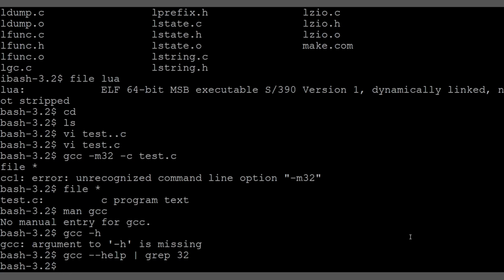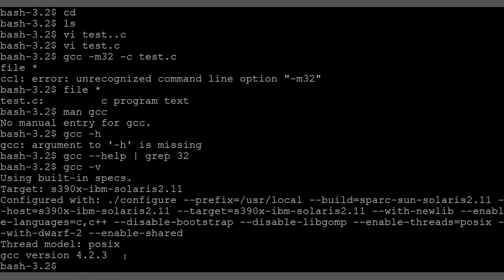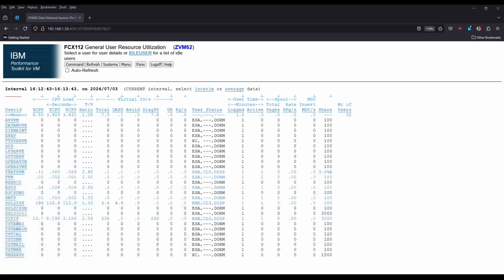So I guess at some point there was some kind of transitionary effort to take it from 32-bit to 64-bit, and during that transitionary effort, the 32-bit compiler functionality was lost. Now, this is a 4.2.3. I also have a 4.3.3, so I'm going to go ahead and kick off an FTP into the system to do that. I just wanted to remark while I sit and wait for the FTP to complete,